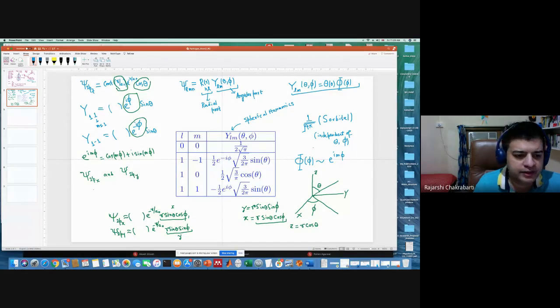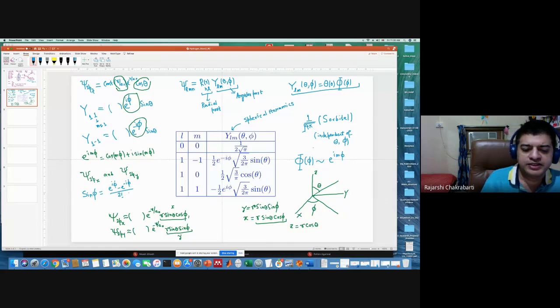So if I want to express something like sine phi, it has to be something like exponential of i phi minus exponential of minus i phi, divided by twice i. Has to be something like this. So this way you can generate these functions 2px and 2py, because chemists love functions which are real and